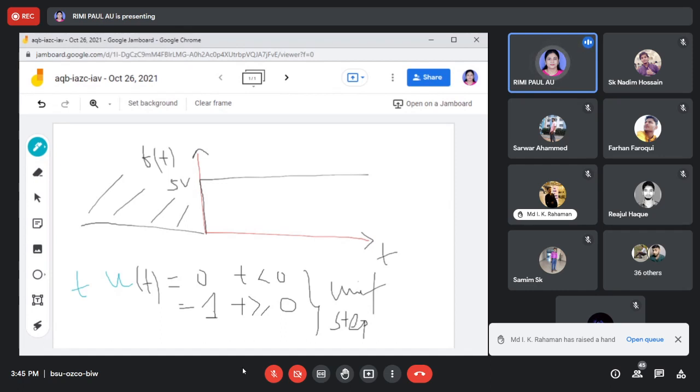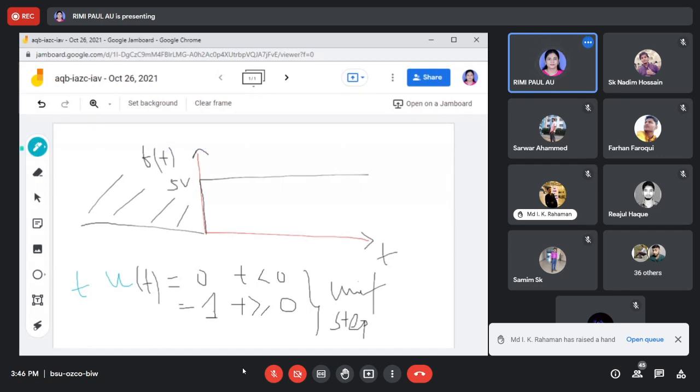So the unit step function. Whenever we do the Laplace transform, especially the inverse Laplace transform, at the end you will write the u(t) form. Right now you have to remember, whatever signal is multiplied with the unit step function, the signal will be the same, because its magnitude is 1, but we are describing this signal in the positive part of the coordinate system. So this is the step signal, the unit step signal.